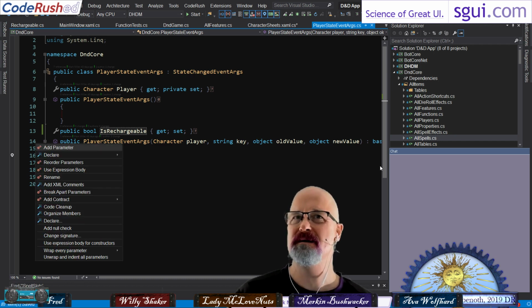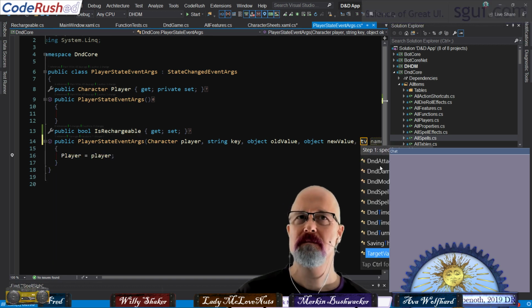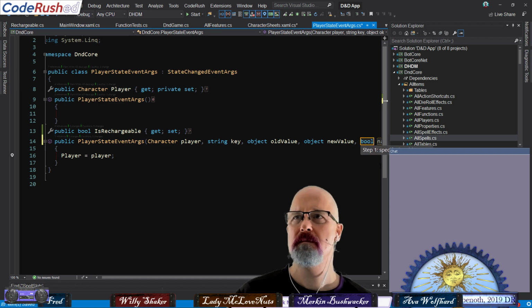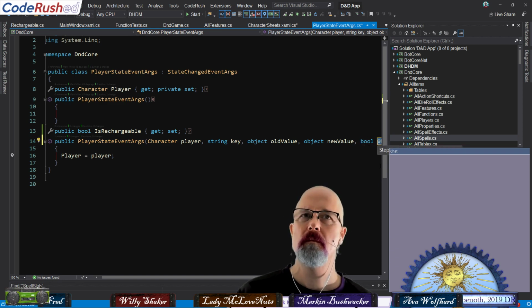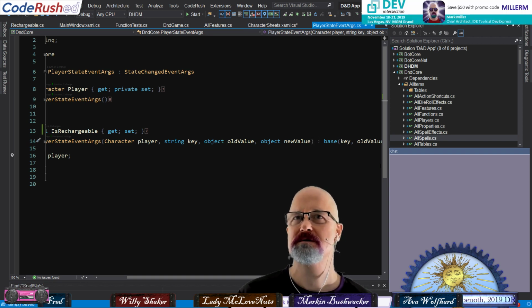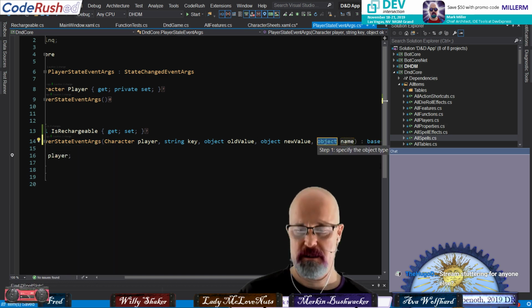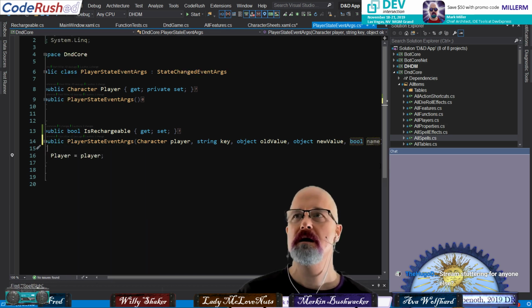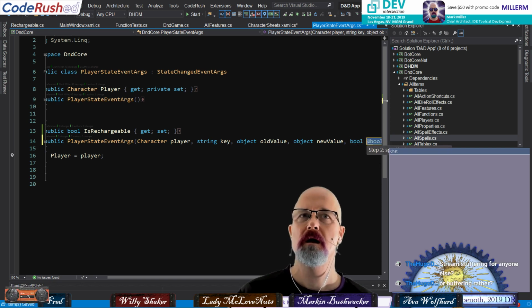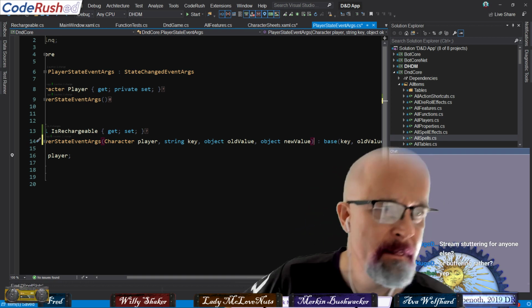Add a new parameter: old value, new value, and is rechargeable. What just happened? Shoot. Try again, add new parameter, TB. And then, oh, look at that. It's happening again. Hold on.